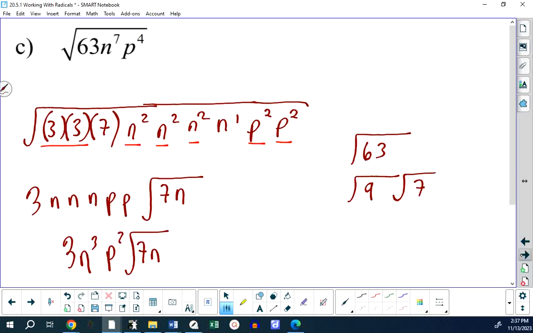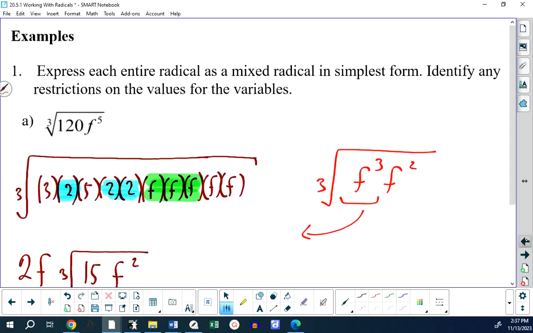All right. Let's go back. Let's do the restrictions. I have a question for you. And when you do restrictions, this is something you're going to get used to over time. It doesn't matter what this simplifies to. Restrictions tell us what the variables are allowed or not allowed to be in this expression. Now, can somebody tell me why there are no, let me write this down first. There are no restrictions